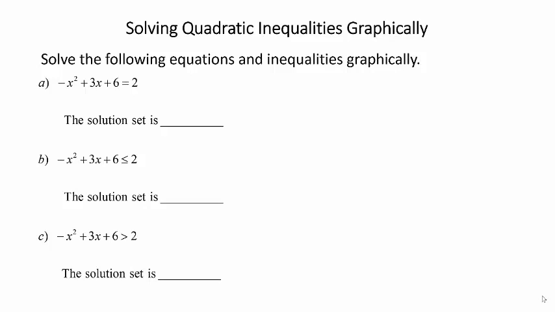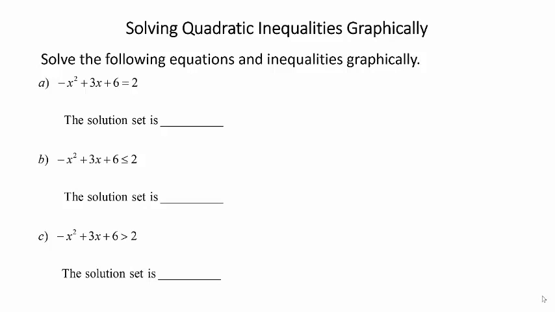So the goal here is going to be to get some practice solving quadratic inequalities graphically. We're going to solve the following equations and inequalities graphically. The quadratic that we're given is negative x squared plus 2x plus 6. We want to solve this when the quadratic is set equal to 2, less than or equal to 2, or greater than 2. Okay, so in Desmos, we're going to graph negative x squared plus 3x plus 6, and